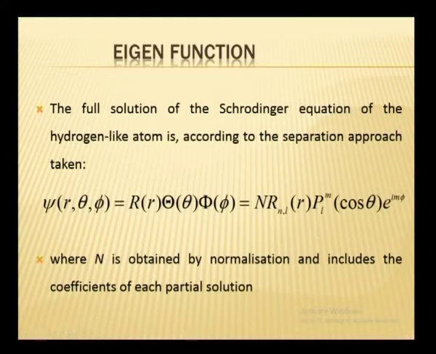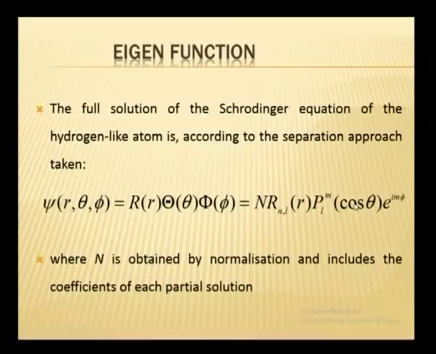Now, these things we have not discussed in detail, because as per the syllabus, we are supposed to go through only the outline of the hydrogen atom problem without going through the detailed mathematics. Therefore, you have the theta part, the phi part, and the radial part. Okay. This is the total wave function.